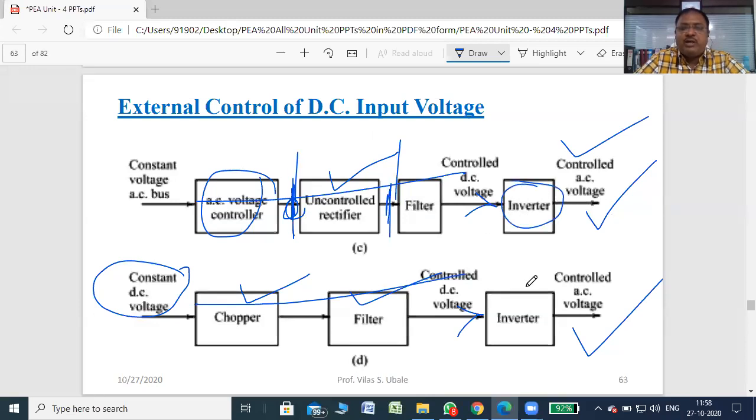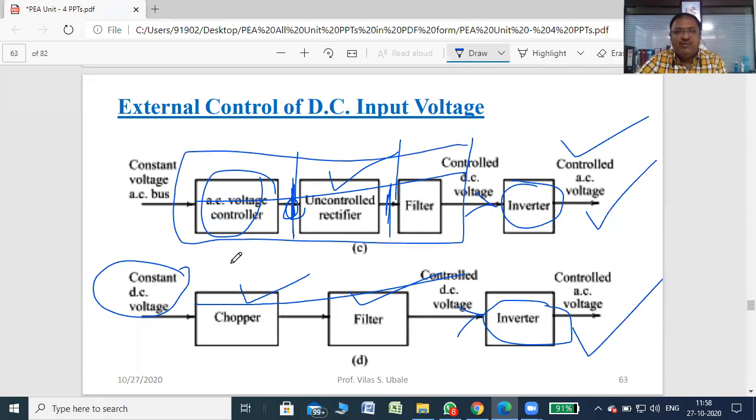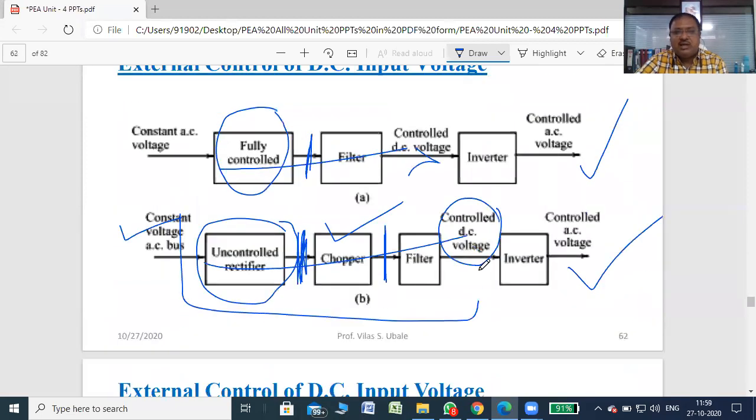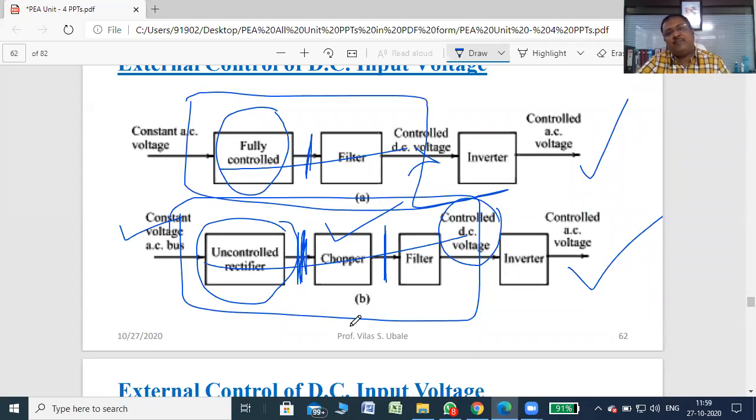Frequency is obtained, a variable frequency obtained from the inverter itself, and that is the aim of the inverter, as we have already seen. But for variable voltage, you require this additional circuitry with this figure, this additional circuitry with the second figure, and this additional circuitry with the first figure, right? So every time you connect some additional periphery or additional circuits, so that you will get variable frequency with a variable voltage. Okay, but it is not cost effective, and this method is not that good to obtain variable AC.